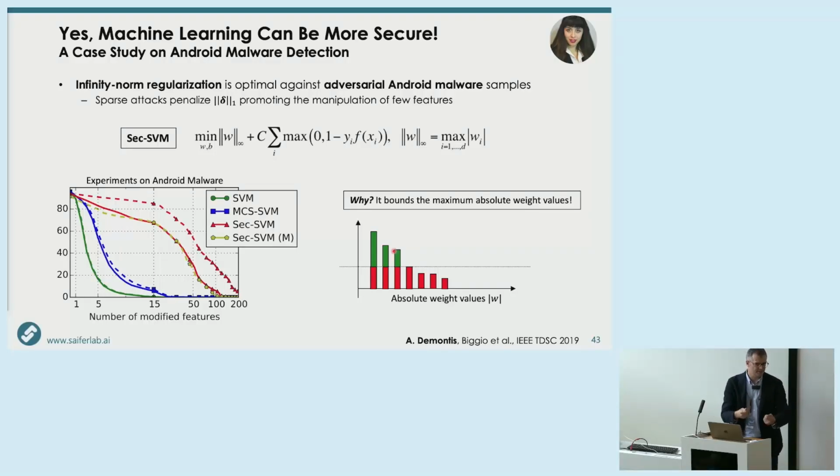same score decrease. Because if the weight is 0.1 for each feature, then I gain only 0.1 in each feature. If one weight is 3, then I gain 3 by modifying a single feature. So that's why it works. And then we did some more work on other domains. I'm just giving some small